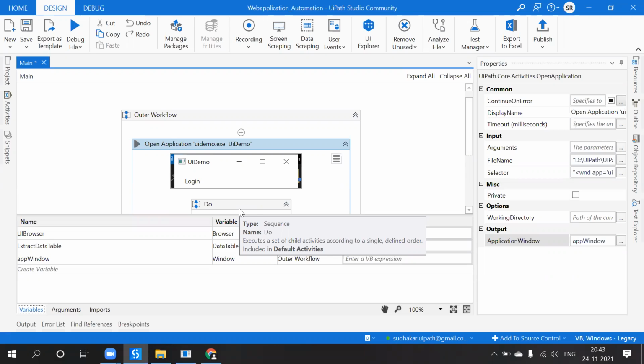Okay, but in real time scenarios, the credentials, username and password of the application will not be the same.